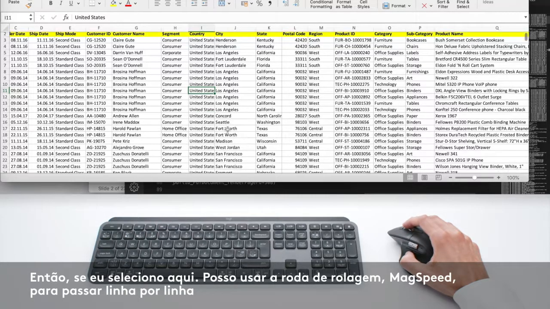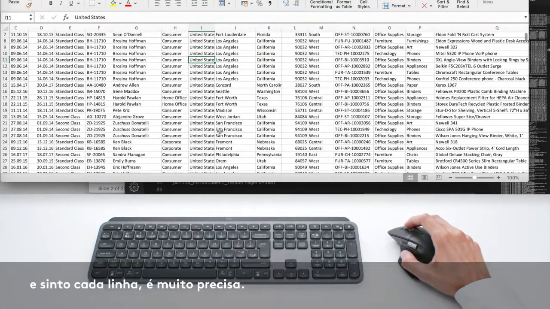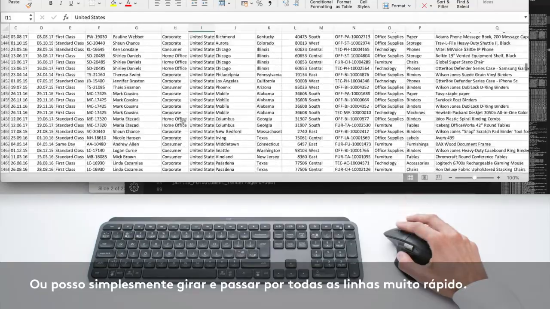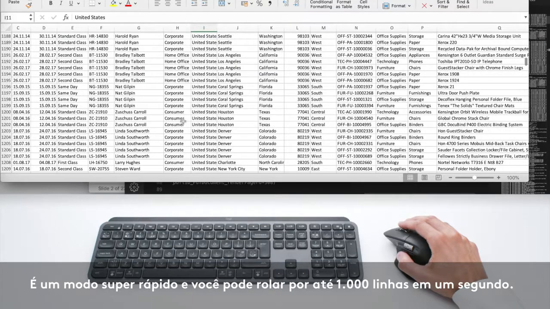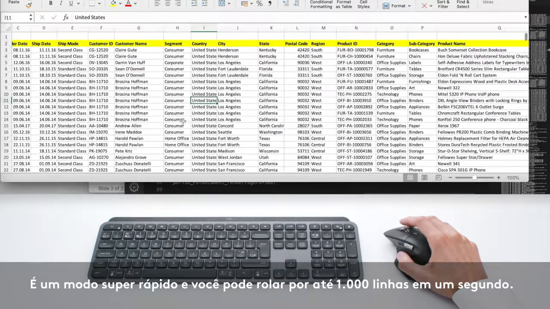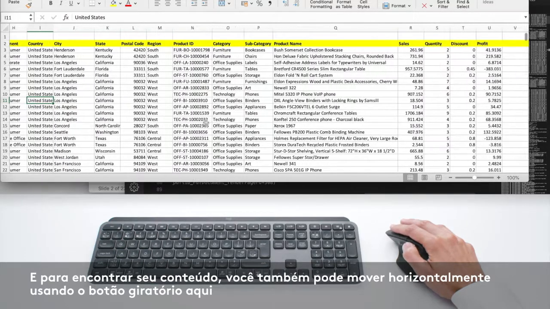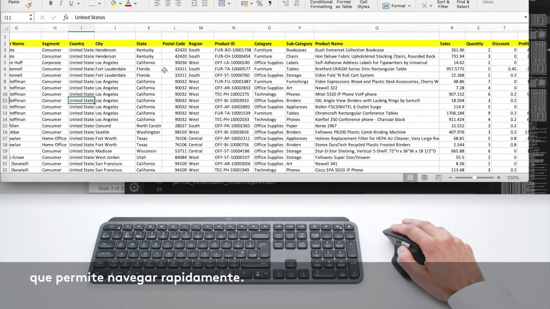So if I move here, I can use the scroll wheel, the max speed scroll wheel, to go line by line. And I feel every line, it's very precise. Or I can just spin it and I'm going through all the lines super quickly. It's a hyper fast mode. And you can scroll 1000 lines in 1 second. And then to find your content, you can also move horizontally using the thumb wheel here, which allows you to